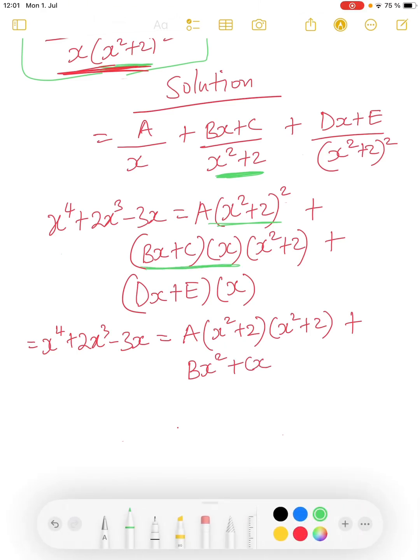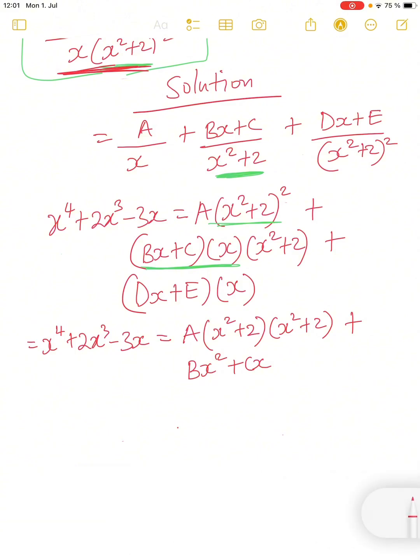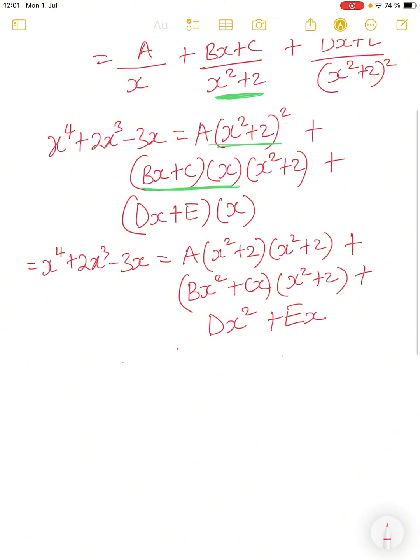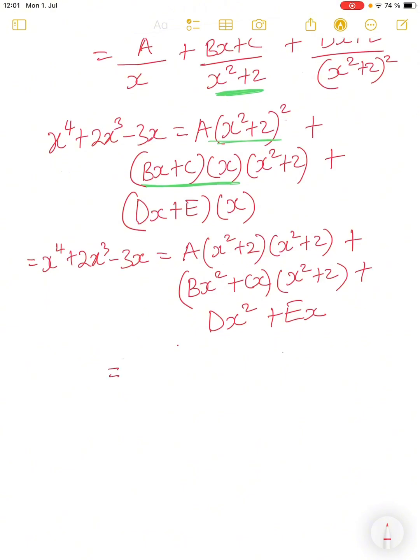Just immediately we can expand this first. So we have (x^2 + 2) times... (ax^2 + ...) plus dx squared plus ex. We can just open the brackets at once. So this is the same thing as a bracket: x power 4, plus x squared times 2, 2x squared, 2 times 2, we have 4,